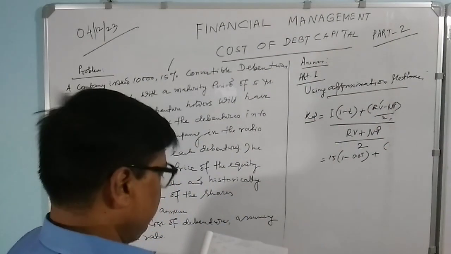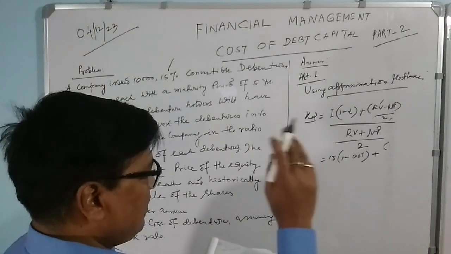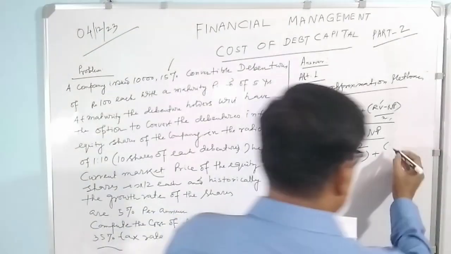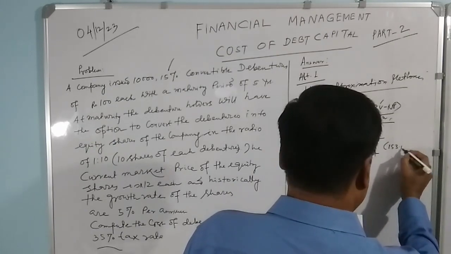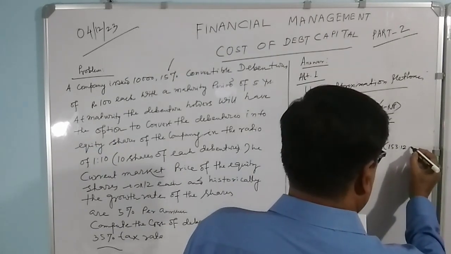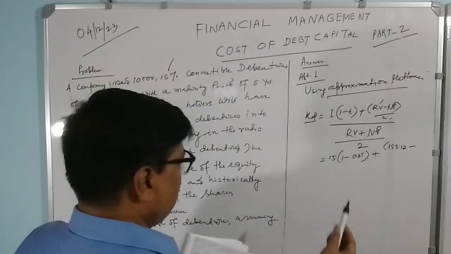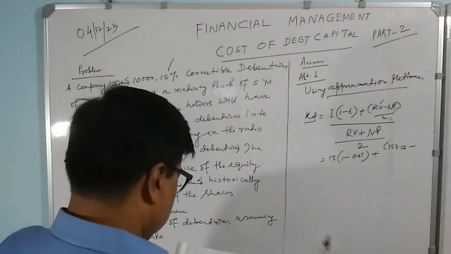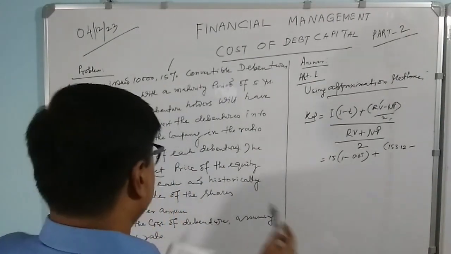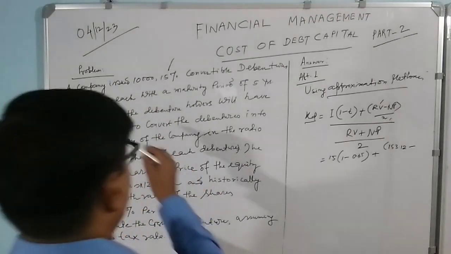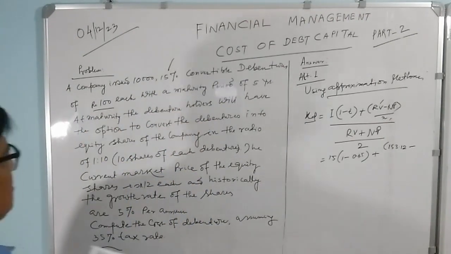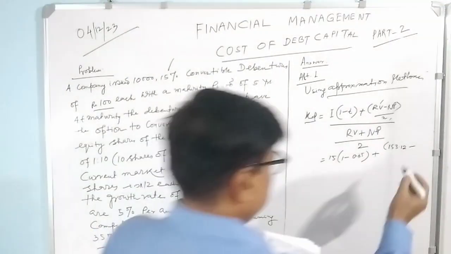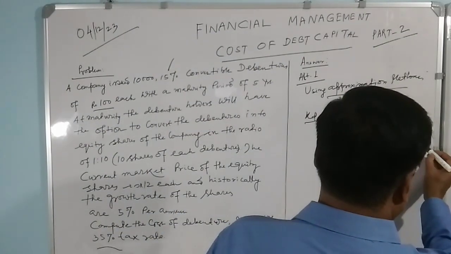So as you have given the redemption value in our last page calculation, that is 153.12, minus your NP equal to this net, that is net proceeds of debentures. So you see that convertible debentures 100 each with a maturity period of 5 years. So net proceeds will be your 100 rupees